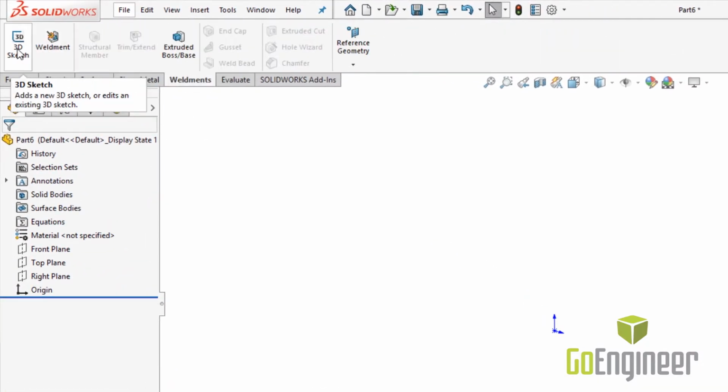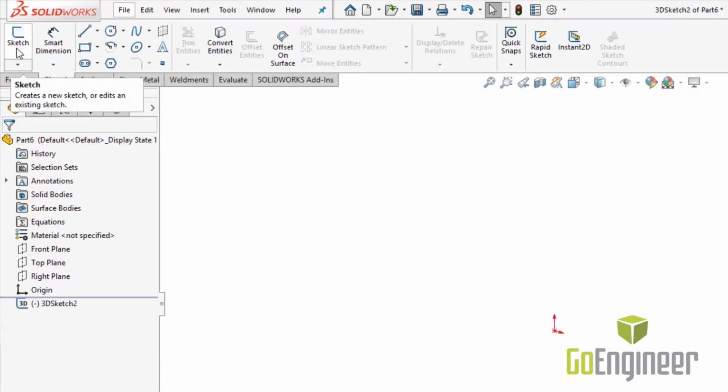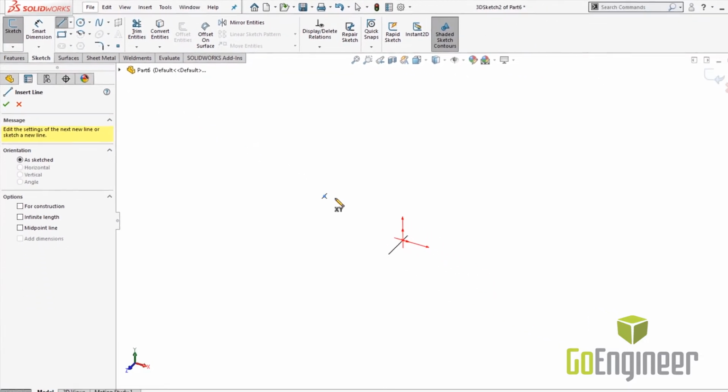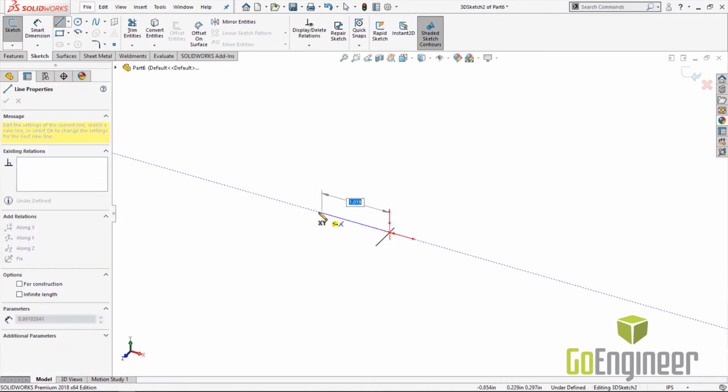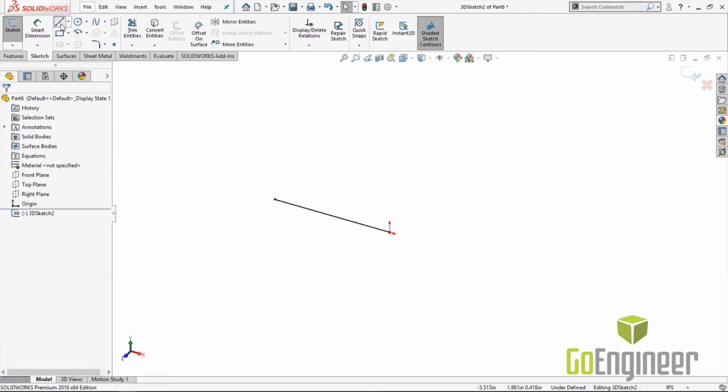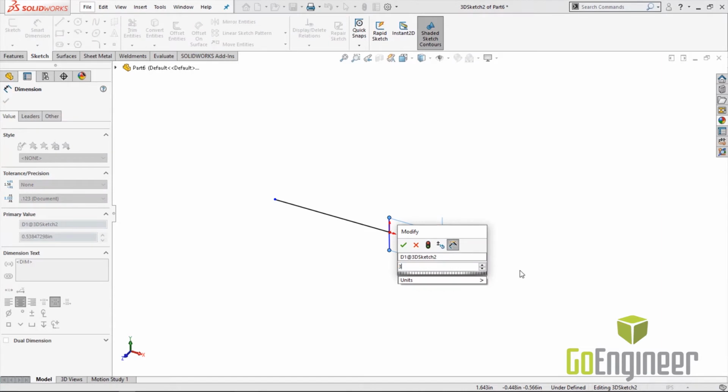If you notice, 3D Sketch is the first option in the Command Manager. Select 3D Sketch, and we're going to create a line. When we're creating a line, using the Tab button allows us to toggle through which plane we are sketching in. 3D on. I'm going to go ahead and make this rack, add in a dimension here, and make it the